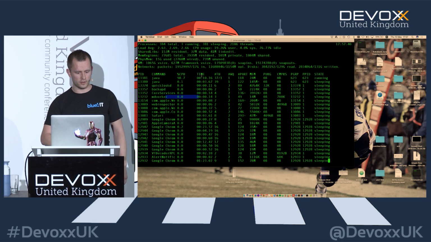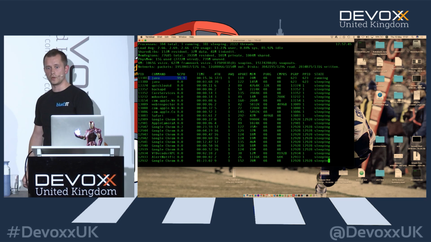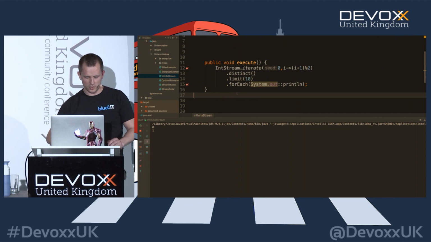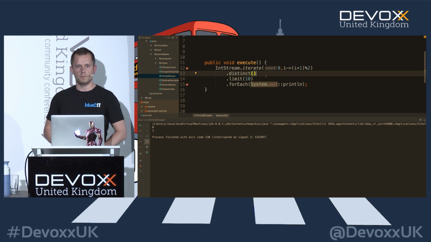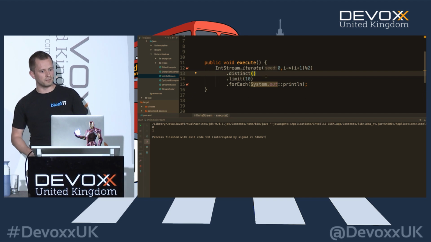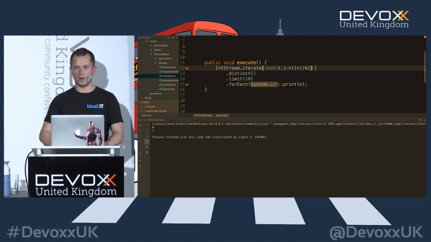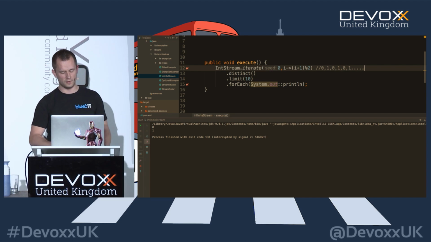If I actually look over here, you will see that it's running and running. And why? Because we made two subtle mistakes, actually, in this case. First of all, we are using an infinite stream, and we didn't take care of proper testing. What does this stream do? It's quite silly. It gives me a stream back of 0 and 1, 0, 1, 0, 1, forever.